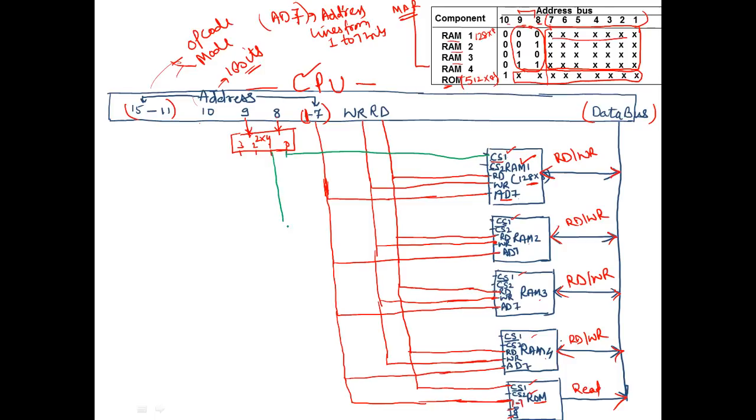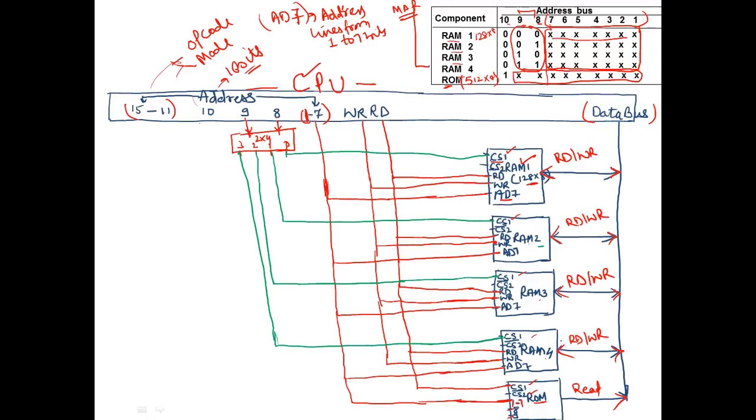This first value should be attached to this CS1 of the RAM 2. This value is going to be connected to this CS1, and the third is going to connect to the fourth RAM chip like this. All right, so this 8th and ninth bit depicts which particular RAM chip I am going to select. And then there comes the 10th line. Directly here also the 8th and ninth line is there.